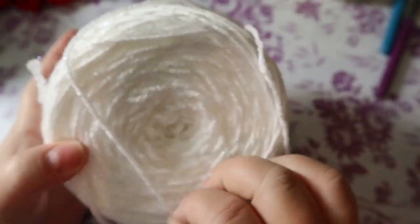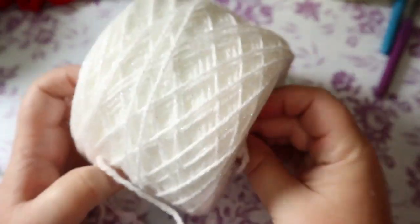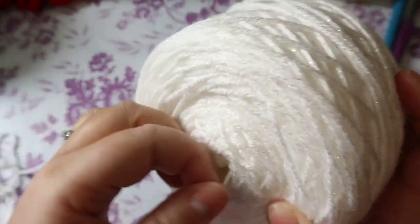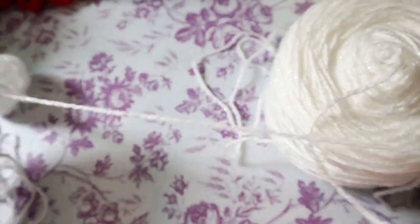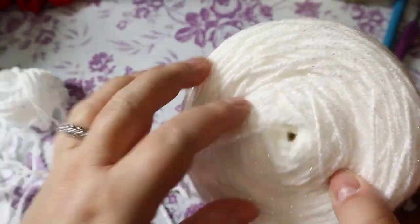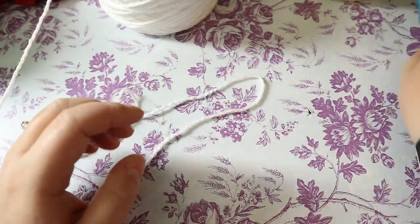So let's get started. These don't come in cakes, so I turn them into cakes. If you haven't seen my yarn spinner video, go check that out. I just need to find the beginning. The beginning was right in front of my face the whole time. Anyway,